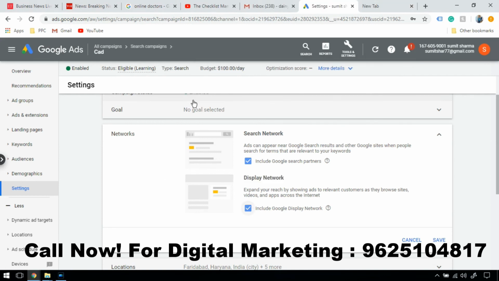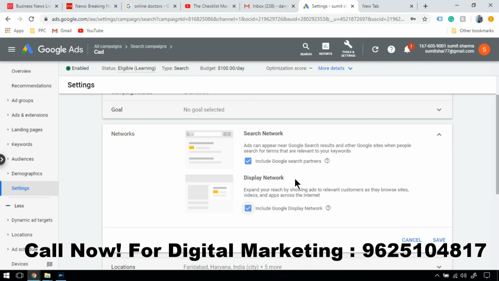So in the end, the conclusion here is how we will figure out which type of network or which type of setting we should opt in for. If your client has enough budget and they want to reach more and more customers, on the display network and on the search network, you can opt in for the display network as well.